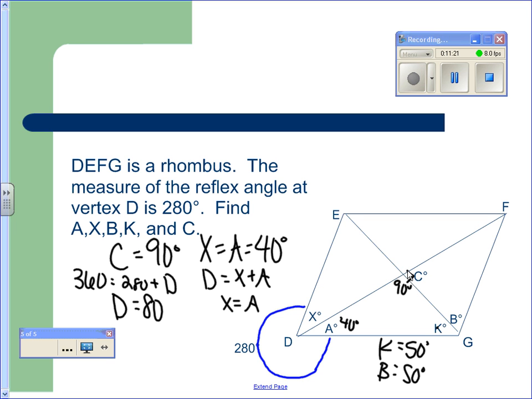You could also say consecutive angles are equal to 180. So this angle plus this angle equals 180. What is this angle right here? 80 plus what gives you 180? Half of 100 is 50. There are a lot of different ways you can figure them out. You didn't have to start with C. You could have started with another one. Does that make sense, though? Any questions on these? Okay. Go ahead and